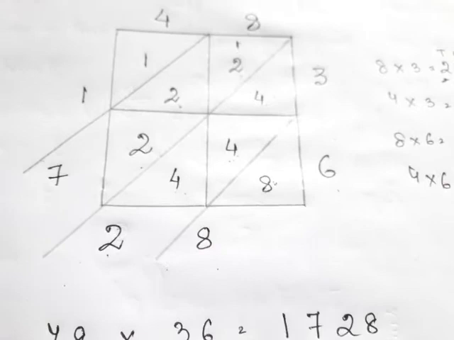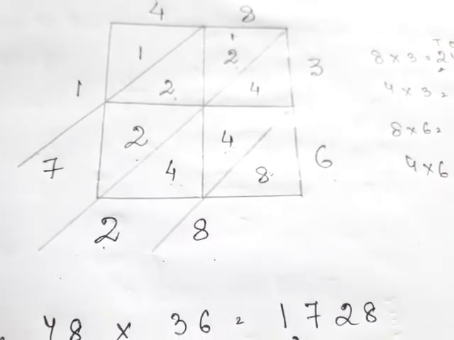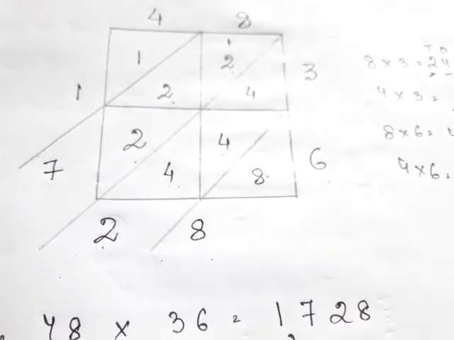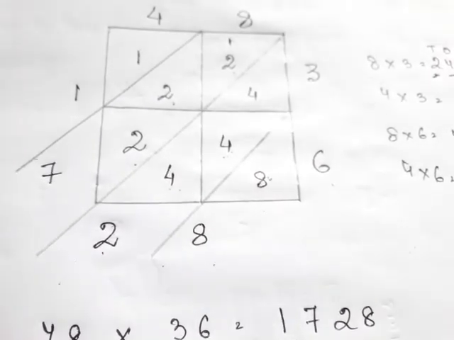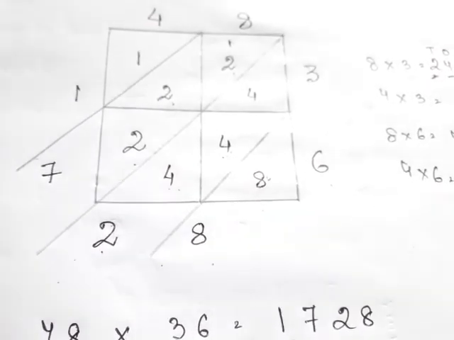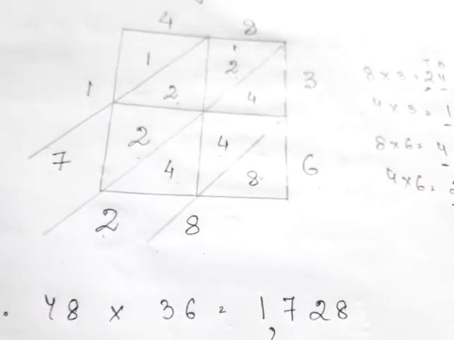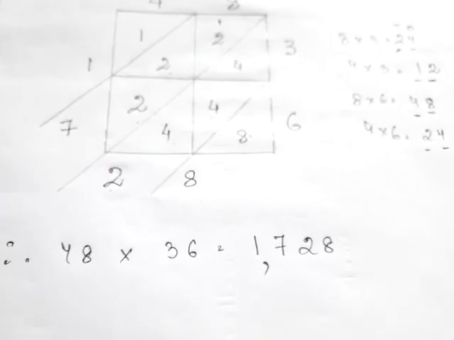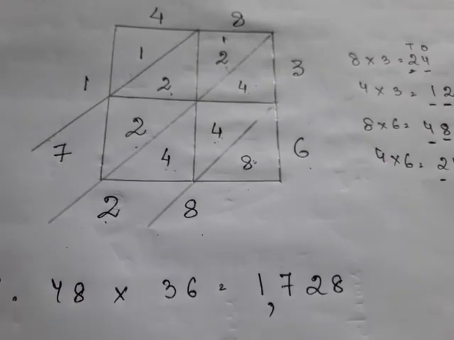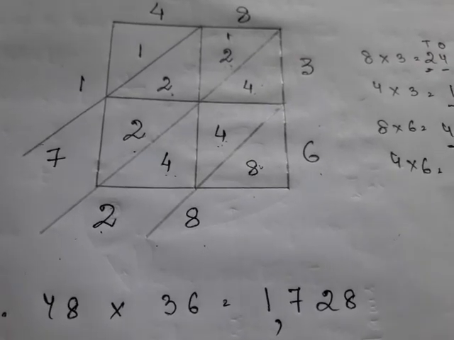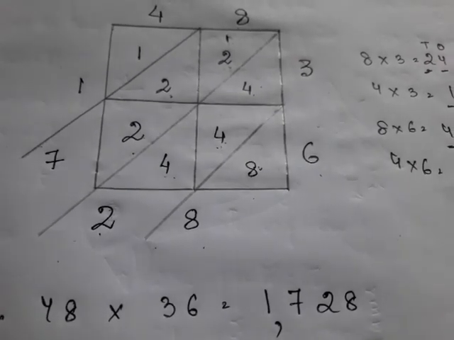Once you keep doing this method, you will see you will do it much faster and multiplication will be much easier. It's quite fun when you are doing something different, isn't it? I hope I have explained it nicely. So today we will be doing only 2 digit multiplication using a grid, that is the lattice multiplication method. Clear, class?